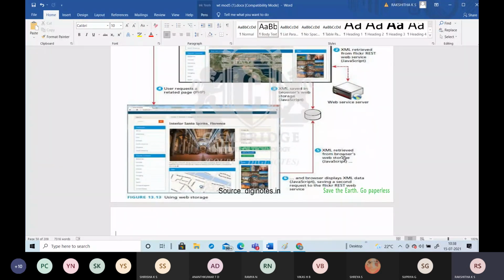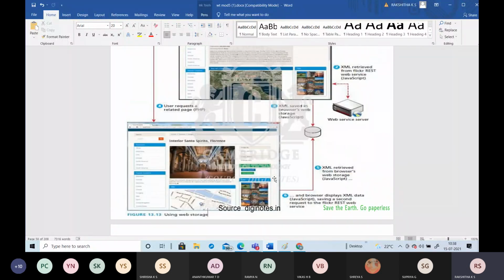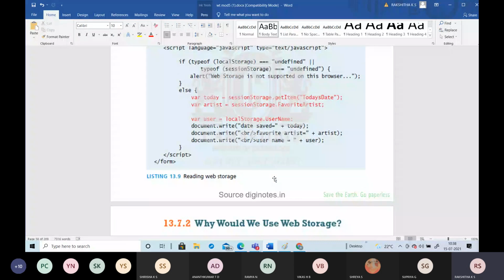Here again the XML is retrieved from the web storage, and this is how the browser will display the data by using this mechanism. Okay, this diagram we will discuss again in the next